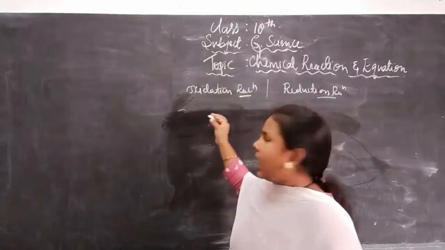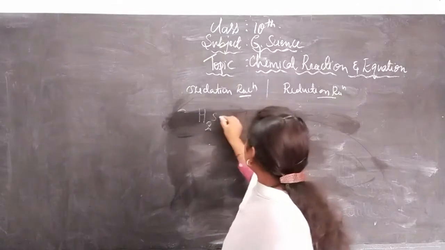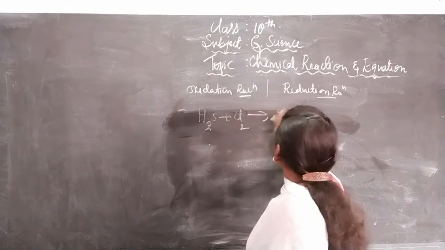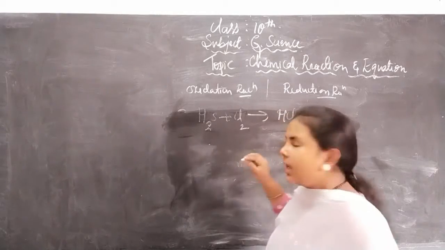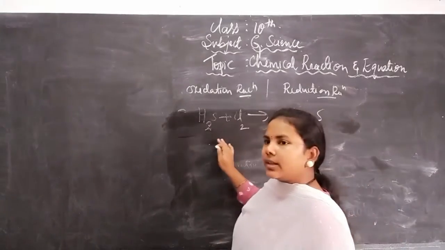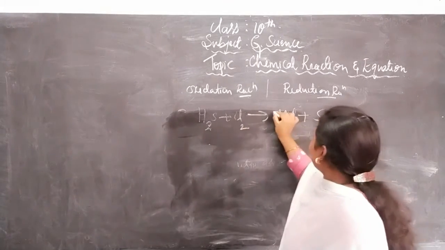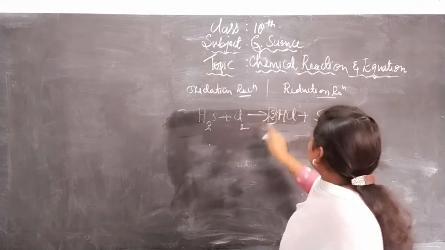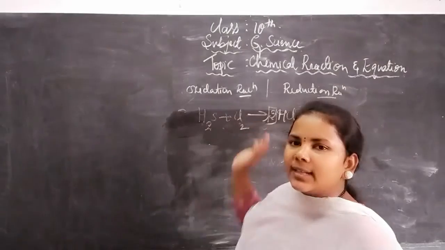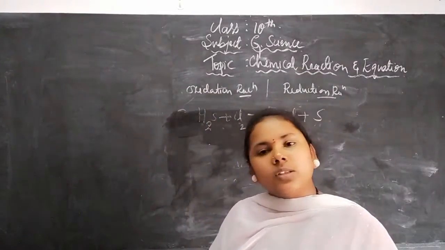Okay, when hydrogen sulfide reacts with chlorine, to form what? HCl and sulfur is released. Okay, now look here, do I need to balance anything else? Chlorine is 2, yes, chlorine must become 2, you have to add 2 here, 2HCl, yes, chlorine is 2 and sulfur is single. So we have balanced it now. Now you can identify where oxidation takes place and where reduction takes place.